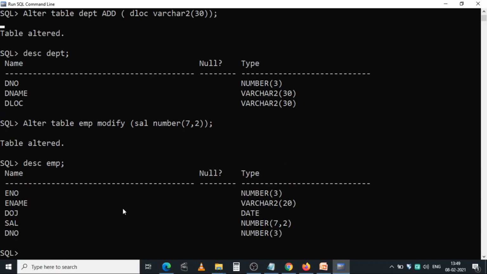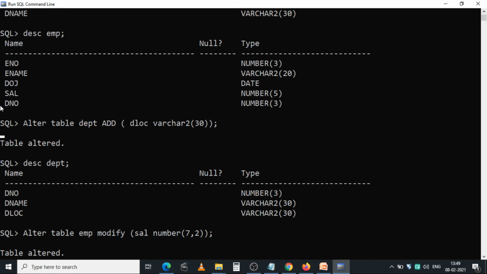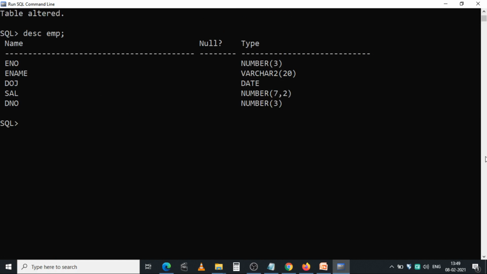It shows the changes you have done. Previously the salary column contained the size as 5. Now the size has changed to 7 comma 2 for this SAL column in the EMP table.